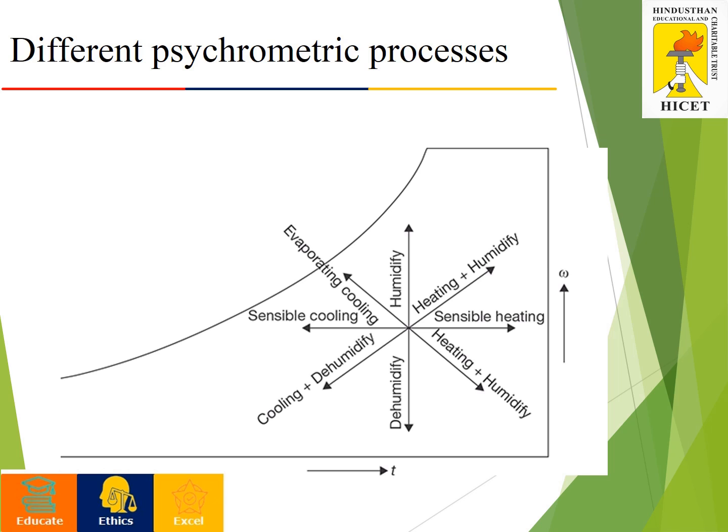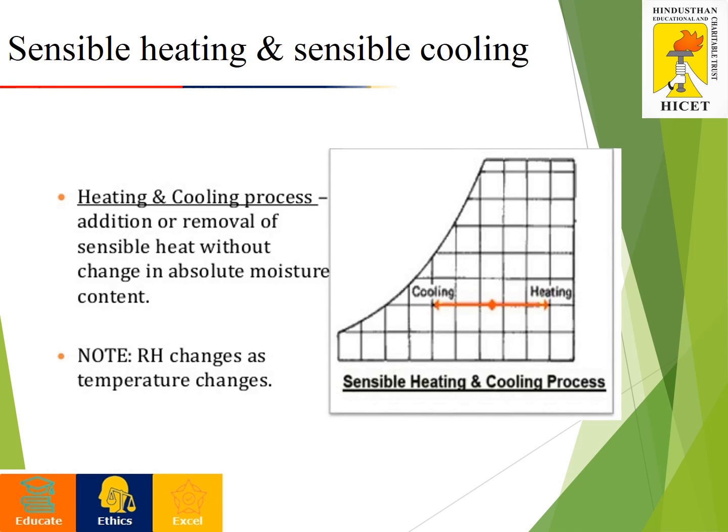Then we will be going for humidification and dehumidification. Humidification means adding moisture to the atmospheric air. Adding moisture means our specific humidity value will increase, and removing moisture from the atmospheric air means the specific humidity value will decrease. In both these processes also, our relative humidity value will change. From this schematic we can decide which process has to be carried out first and which process has to be carried out next. This is the sensible heating and cooling process, as specified in the psychrometric chart.